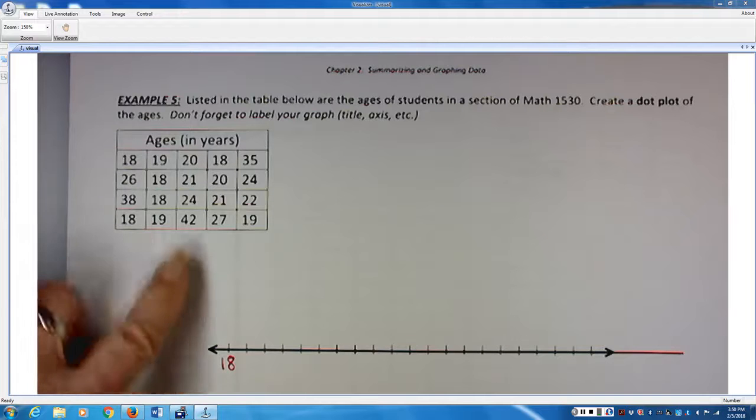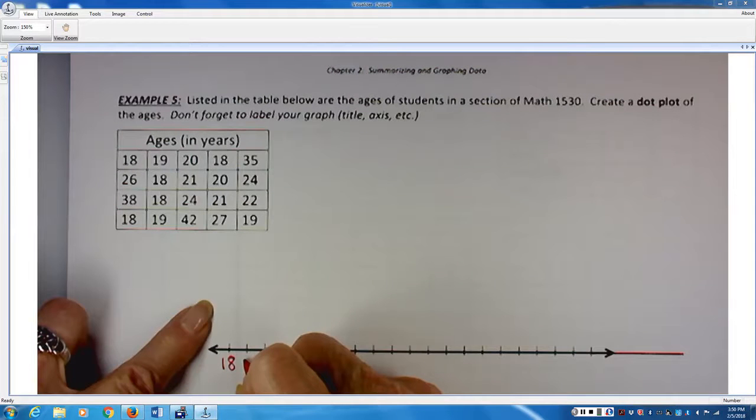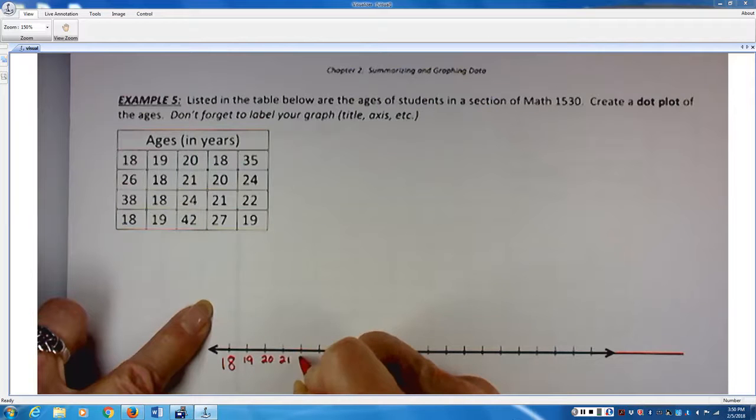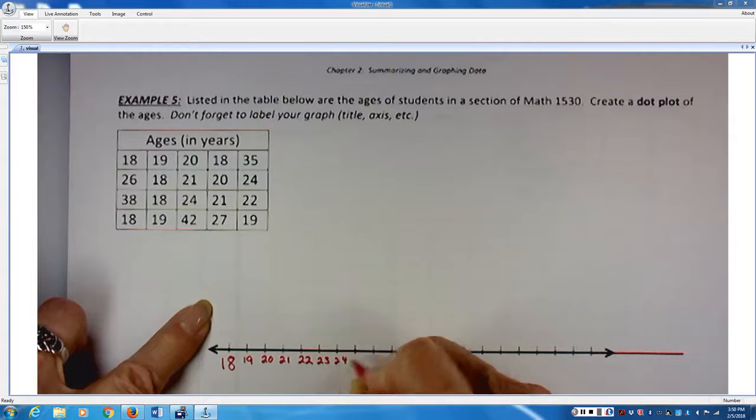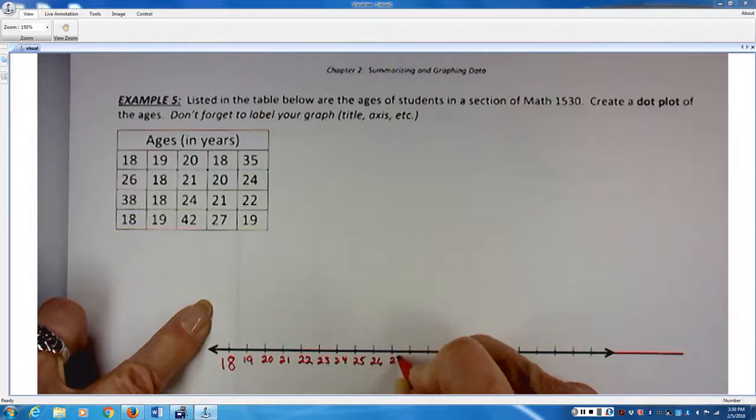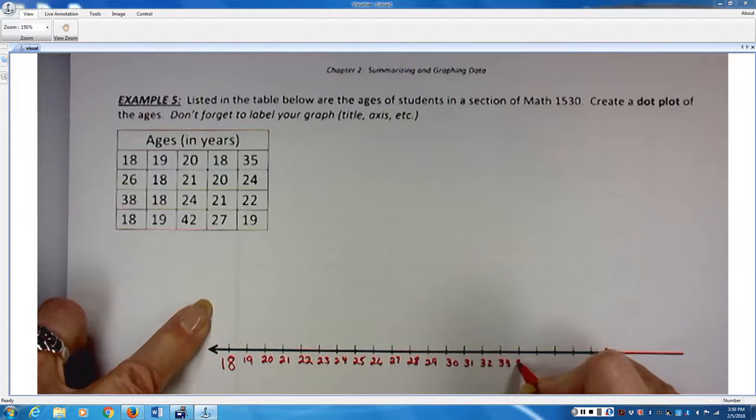So that means in this particular case, I'm going to have to go 18, 19, 20, 21, 22, 23, 24, 25, 26, 27, 28, 29, 30, 31, 32, 33, 34, 35,